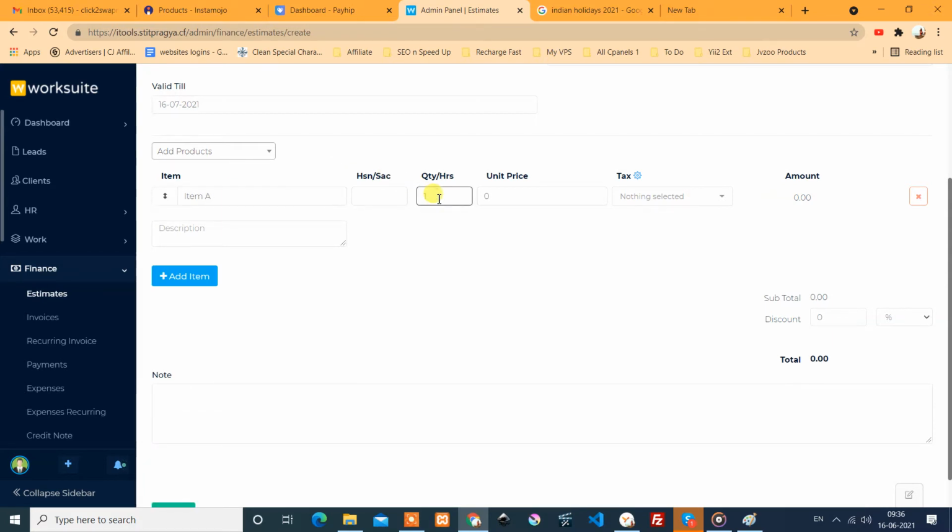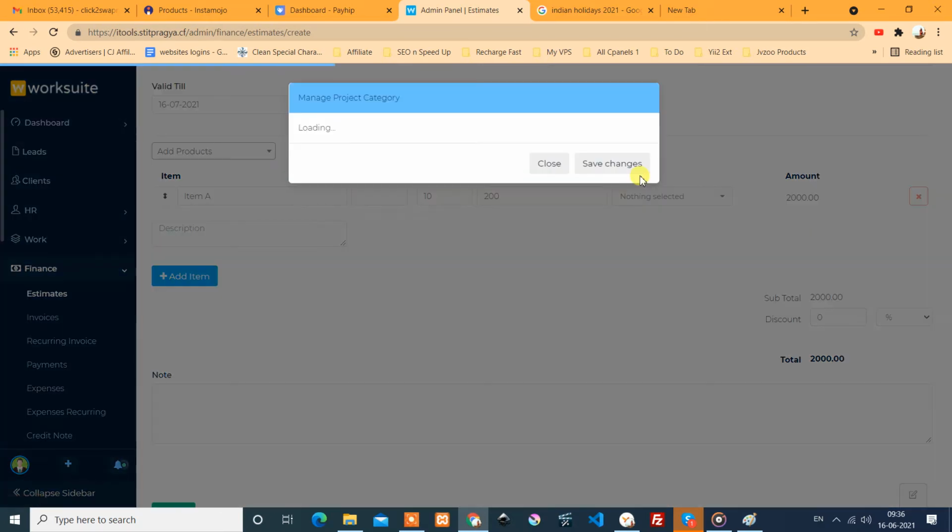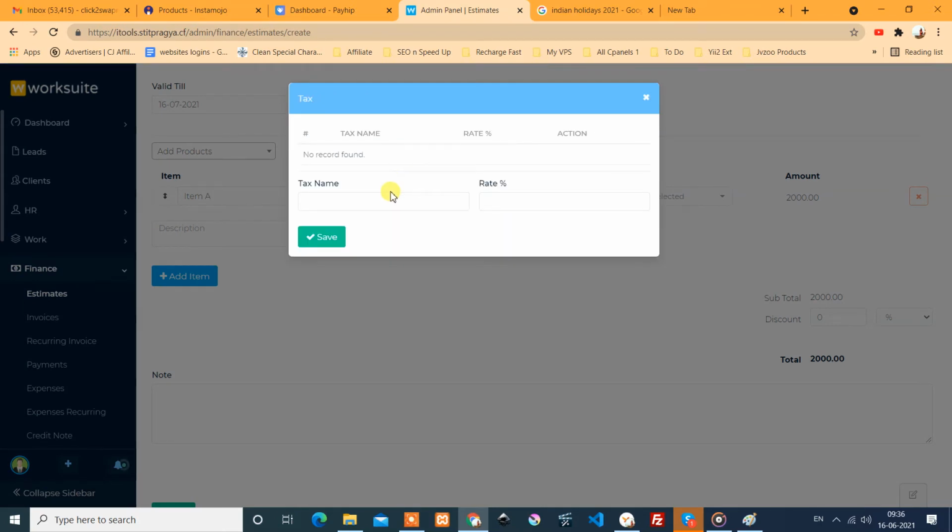And so if 10 quantity and unit price is, let's say 200, tax and other things. You can add the new taxation, let's say GST. Depending upon the product, it can vary. Okay, I say 5%.